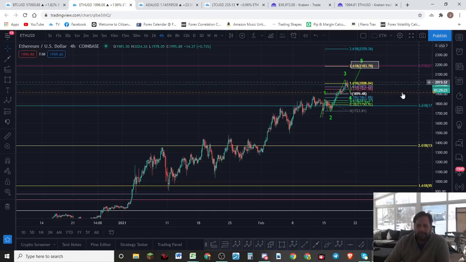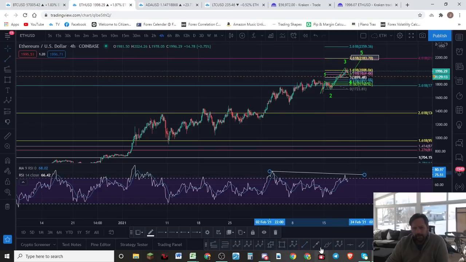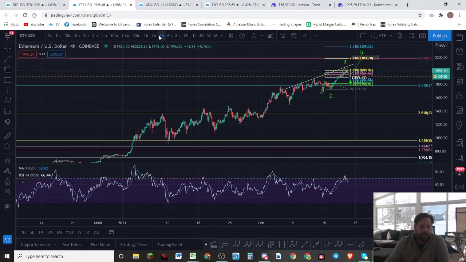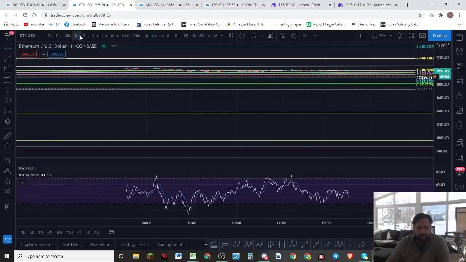And let's look at the RSI, see what the RSI is saying to us. We have divergence here on the 4-hour chart. It's clear as day here. We've got regular divergence right there, where you have price moving to the upside and RSI going to the downside. Now it's not the most powerful divergence in the world, but it's there nonetheless. When we get down to smaller time frames, you'll begin to see that divergence as well, and then we've got plenty of room to the downside to go for at least a corrective wave.